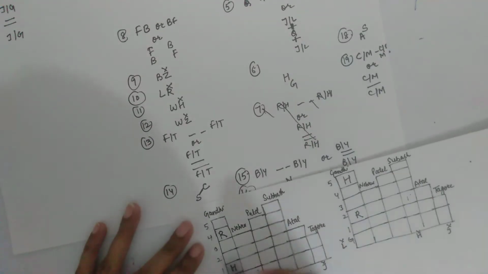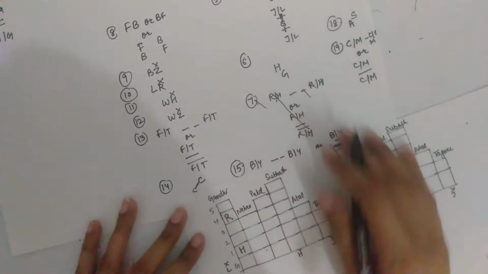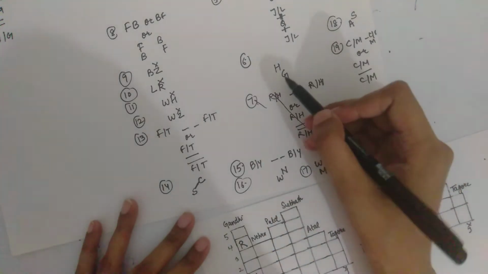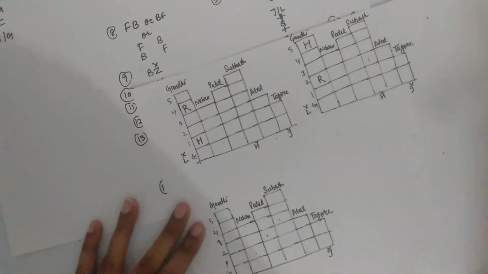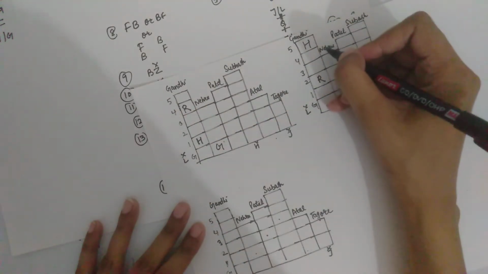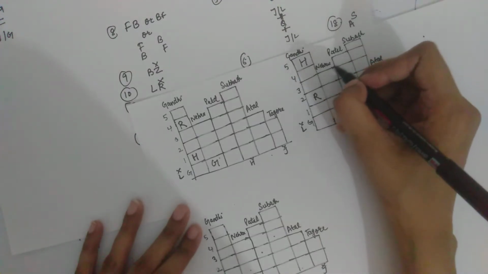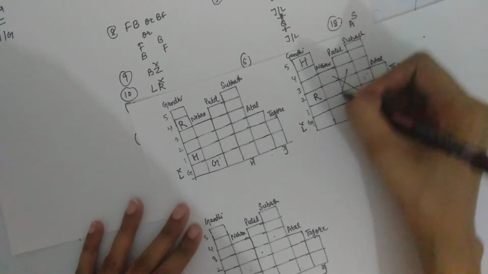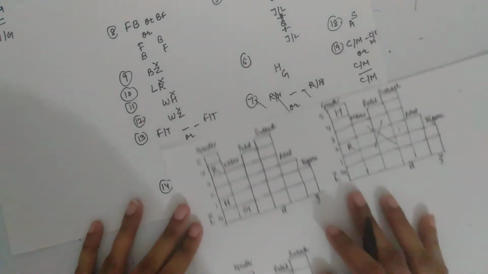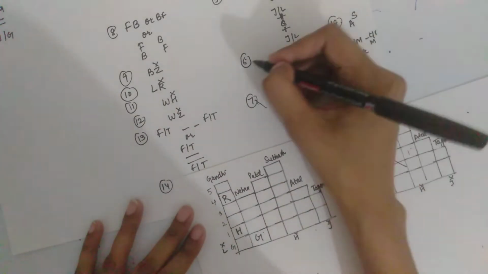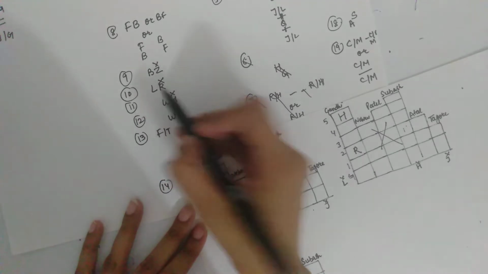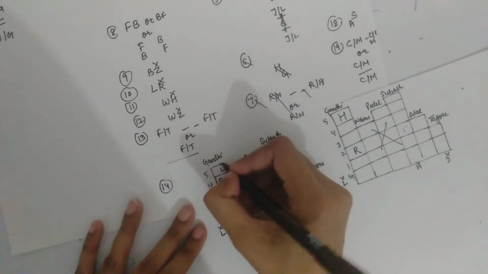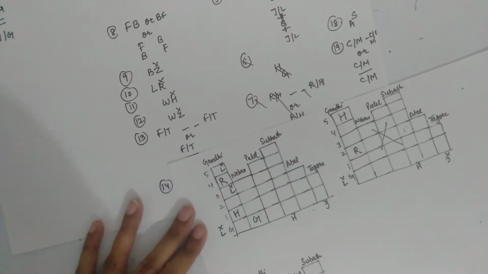Now see, is there anything related to R and H? Yes, G will come here. See, here is a no place. We can't place G over here because there is no flat, no space. So this case will be rejected. Now related to R, L can't be the neighbor of R. So L can't be placed here, and L can't be placed here also.